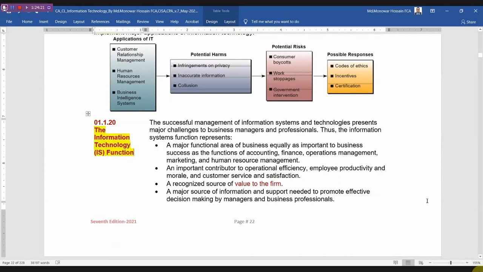What are the functions of information technology? This is the question. The answer: the successful management of information systems and technology presents major challenges in business and the profession. The information system function represents a major functional area of business, equally as important for business success as the function of accounting,